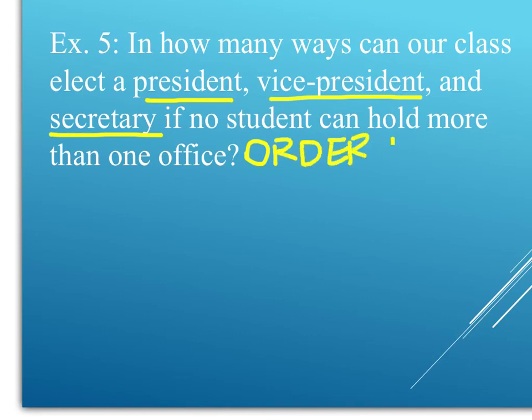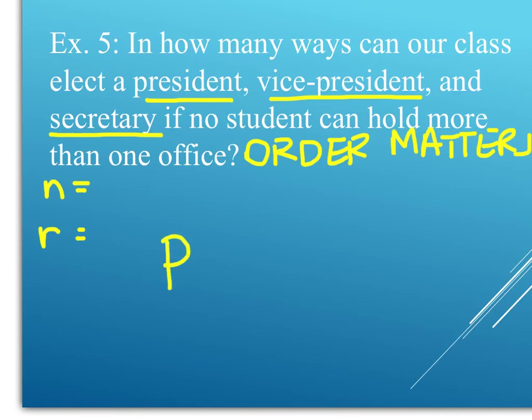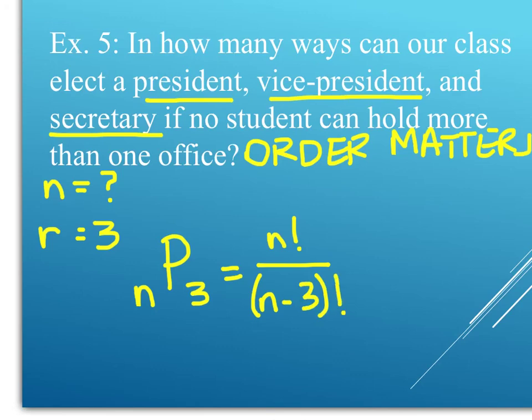And since order matters, we will be using a permutation. So I need an N and an R. I know I'm going to be using a permutation. Now, it did not tell me the class size, so I don't know my N. And my R is 3 because I'm selecting a president, vice president, and secretary. So since it didn't give me a class size, I'm just going to set it up as we would with a number there. And instead of a number, I'll have n factorial divided by n minus 3 factorial. So there are a certain number of permutations of 3 officers taken